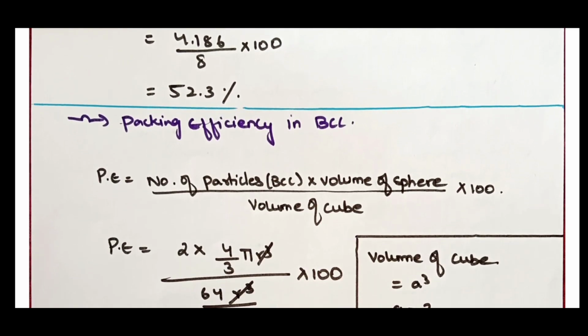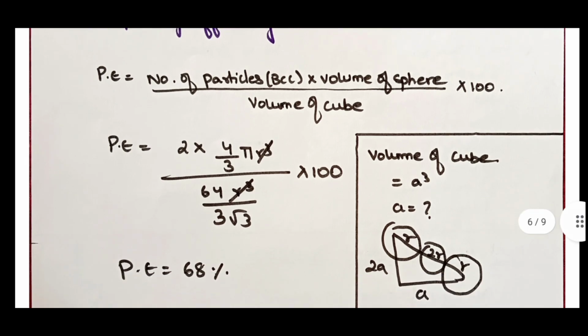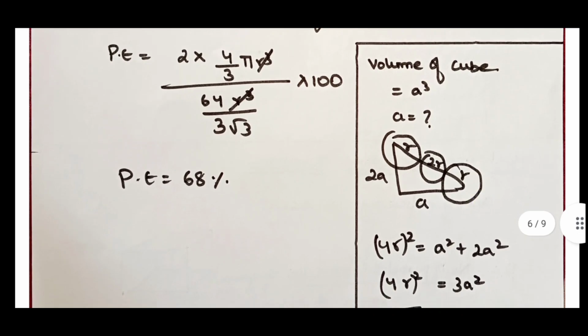Now we have packing efficiency in BCC. The BCC formula is number of particles into volume of sphere by volume of cube into 100. This also you get in percentage. So the number of particles in BCC remains 2 and volume of sphere is 4 by 3 pi r cube. And volume of cube is the only thing which we need to find in each and every packing efficiency. So you should remember one thing: for SCC, a is equal to 2r,